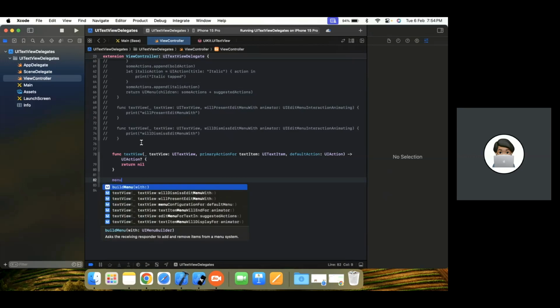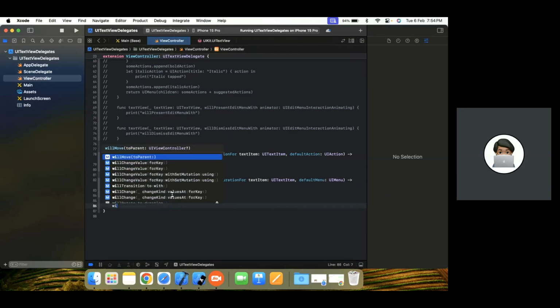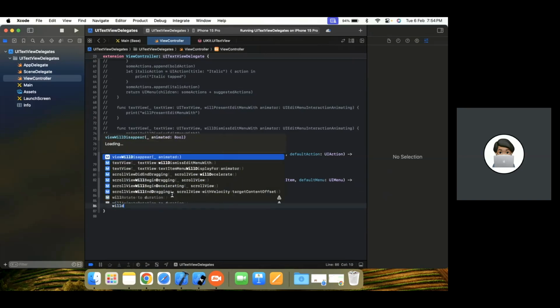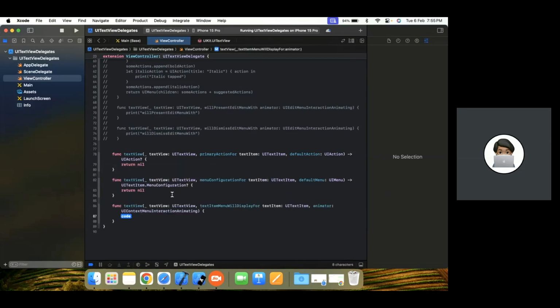Menu configuration for, here we can send the menu. And then will display edit menu. Not edit menu, display for text menu. Yeah, text item menu will display for,